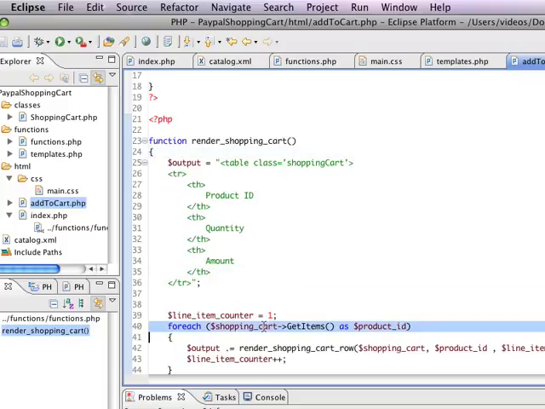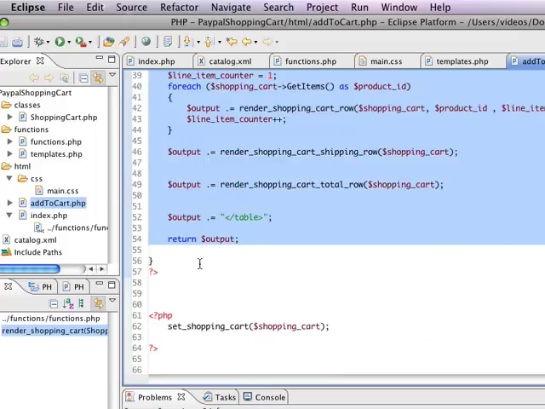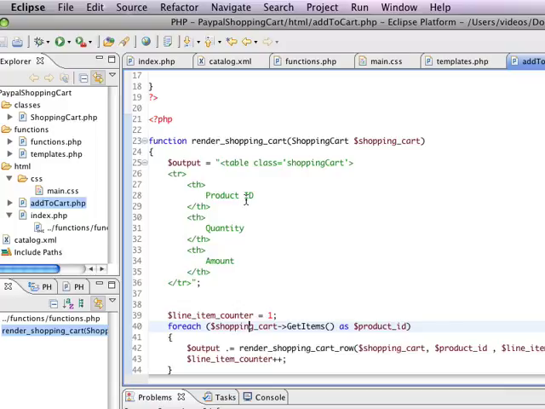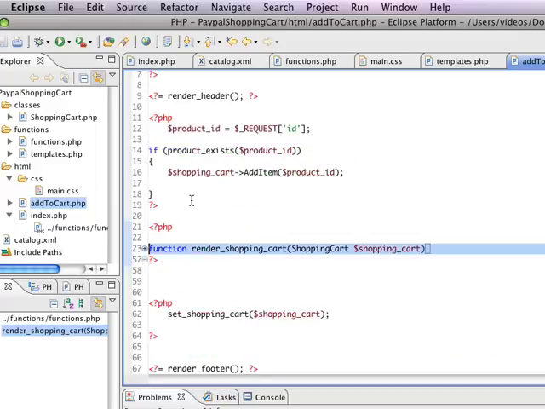Now, I'm noticing here that it requires a shopping cart object. So we could actually pass in a shopping cart. What's interesting about this is that we could take this function and render it multiple times for multiple shopping carts. That's a little outside the scope of this particular project, but what that means is that if I passed in my shopping cart, and then yours, and then somebody else's, we could render them all on the same page with a little bit of work. I'm just going to cut this out,